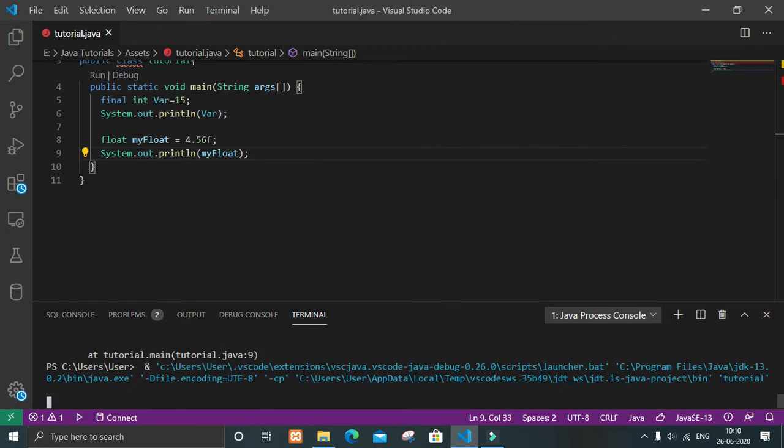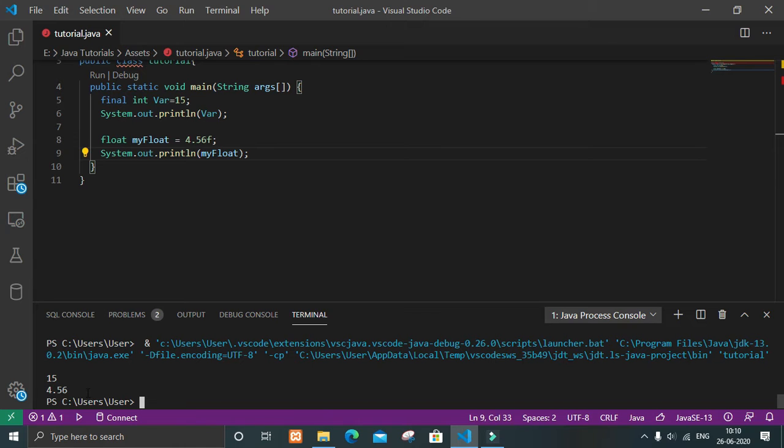Here you can see we are getting the float value, and if you have any question about why the f is not there, it is because f is just to declare that it is a floating value, it does not have anything to do with the particular value. It is just to tell the compiler that it is a floating value, and we should not get any error in printing this.